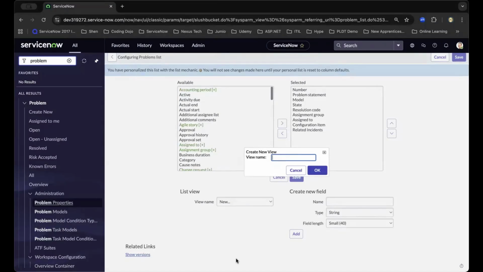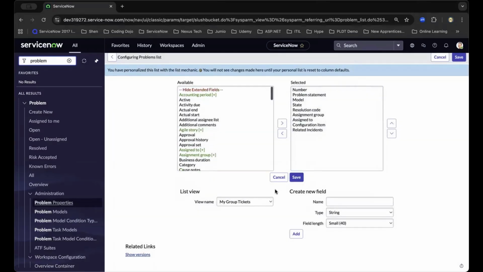And ServiceNow is asking for a name. And I'd like you to be descriptive on the purpose of this view. So if it's urgent issues, you can call it, for example, high priority incidents. And if it's for your team, you can call it my group request. And in this example, I will type it in as my group tickets. And as you click OK or hit save, it will now automatically create the view name and the view specific